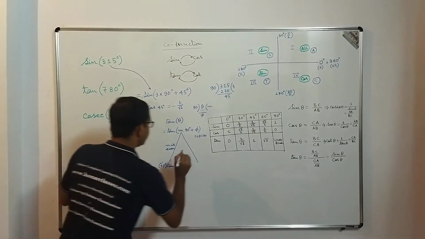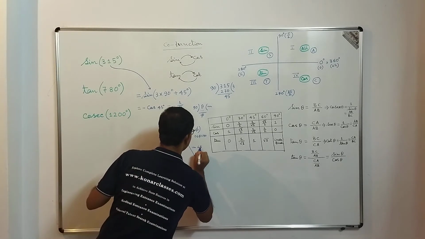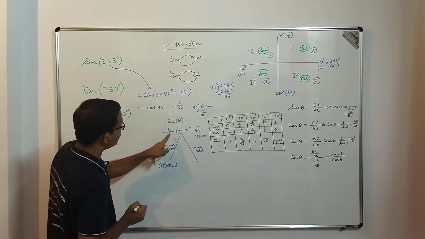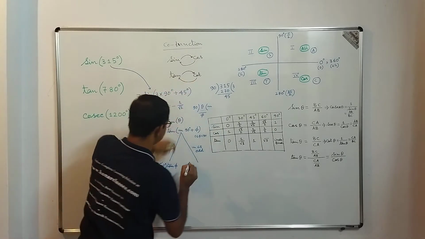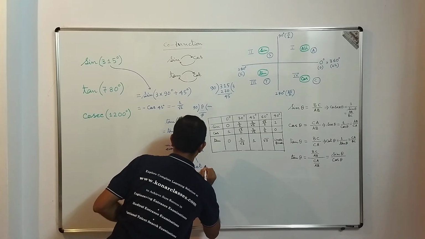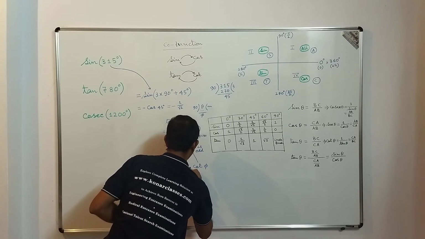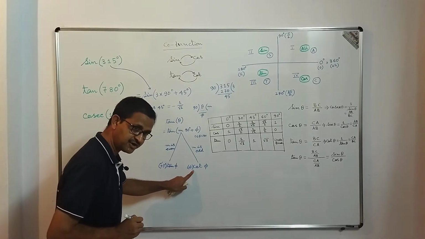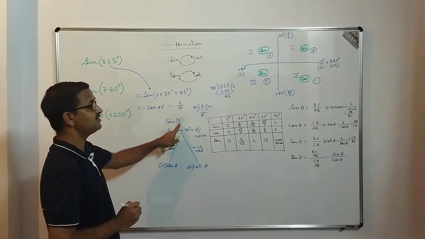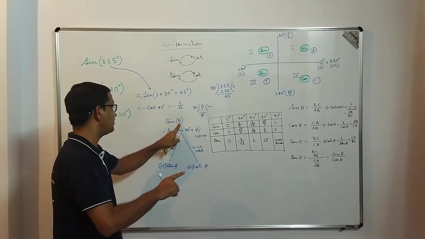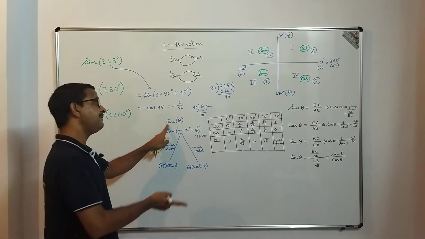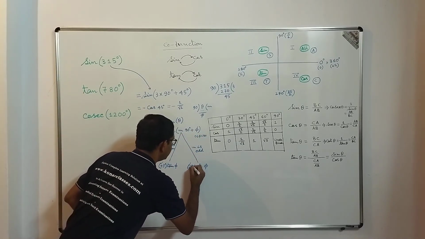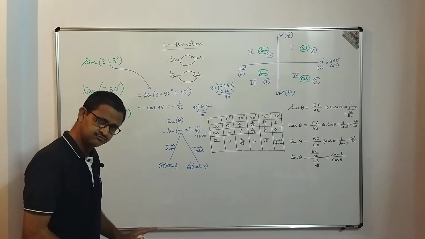Done. Now if m is odd, then we use tan's cofunction. What is tan's cofunction? It is cot. So we write cot phi with a positive or negative sign. Whether it is positive or negative, I repeat, dear students, depends on in which quadrant theta is, and in that quadrant whether tan is positive or not. If tan is positive in that quadrant, we keep the positive sign, otherwise we keep the negative sign. Done.